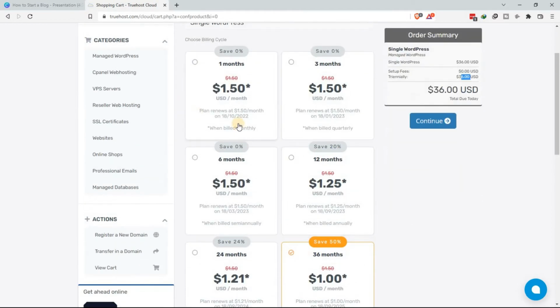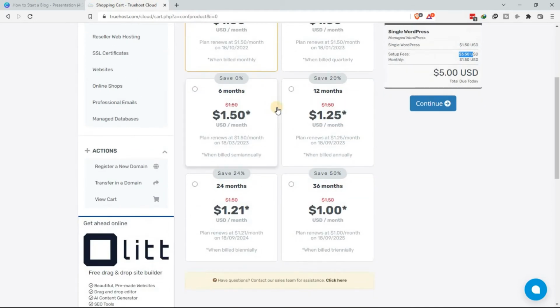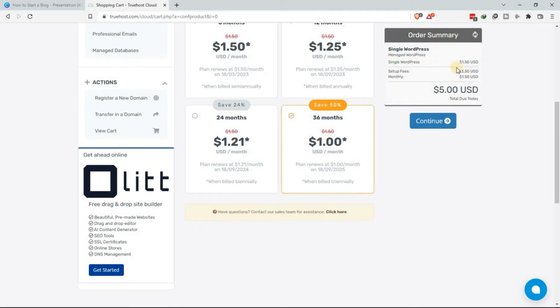Yes. And look at here also, if I choose to pay today $150, I'll also need some setup fee. Yeah, they have a setup fee, but if I choose this one, there is none. So I think I'm going with this one because it looks like a good deal. So just choose your billing cycle, the one you're comfortable with, and click continue.